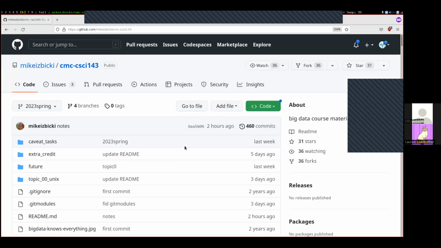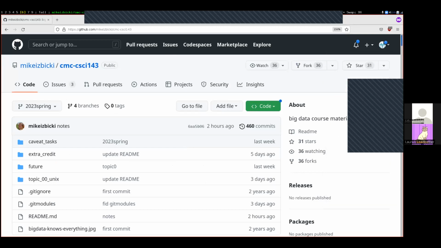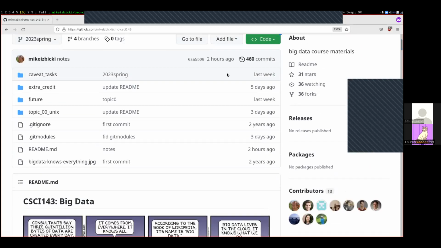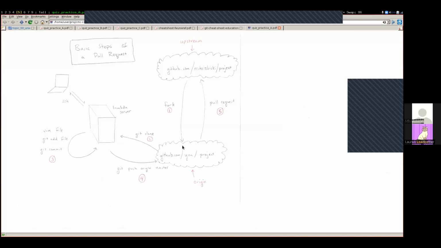Before I do this, I want to highlight that, back in the CMC example student window right here, I can't edit this directly, but there is an interface in GitHub where I can try to modify these files and submit a pull request through the GitHub interface. For this class, anytime you're submitting a pull request, that won't be allowed. You'll have to go through this more long form process and do things on the Lambda server